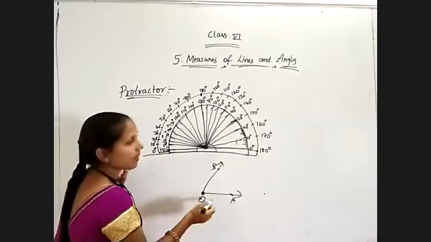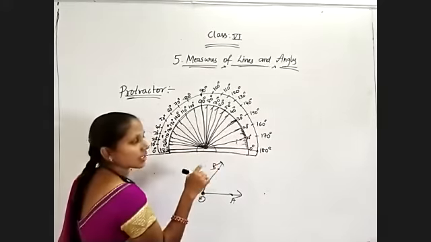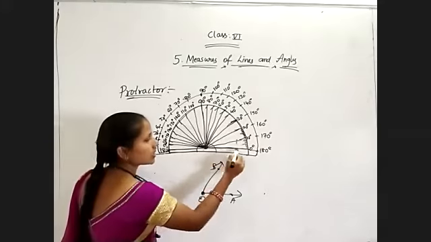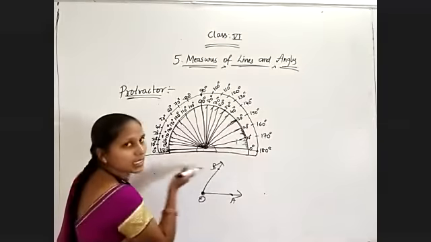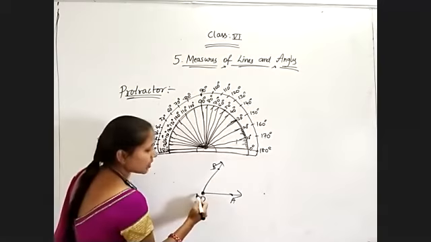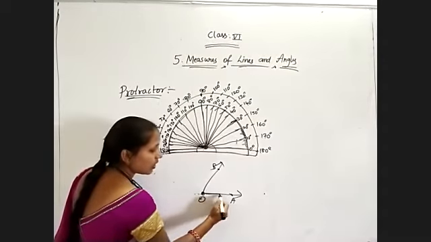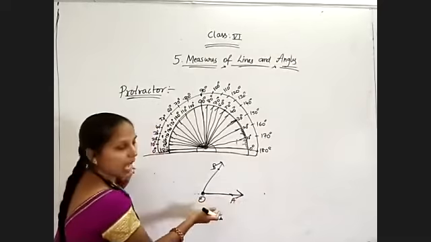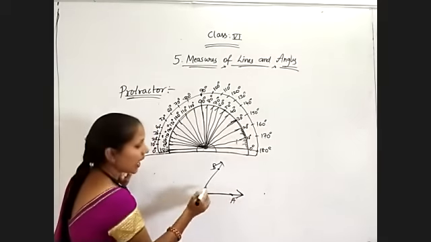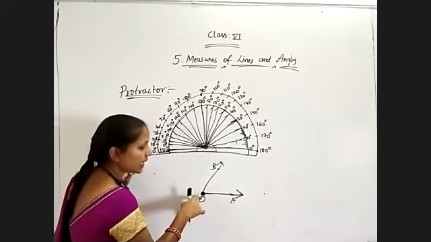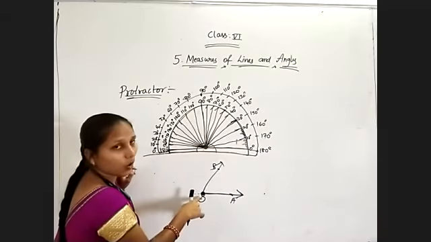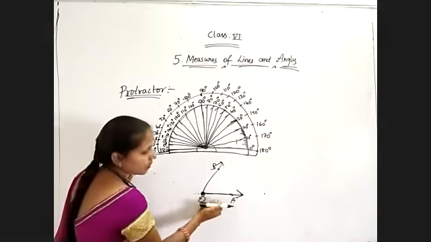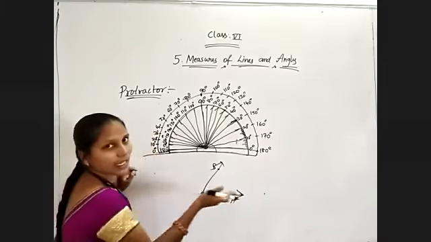You can place it, but another condition you must also follow, that is this 0 degree or 180 degrees. You will get one base line. That line you must place on your base arm. Here the base arm is OA and the vertex is O. Means the common point of 90 degrees and 180 degrees you must place at O, and this OA indicates 0 degree or 180 degree.